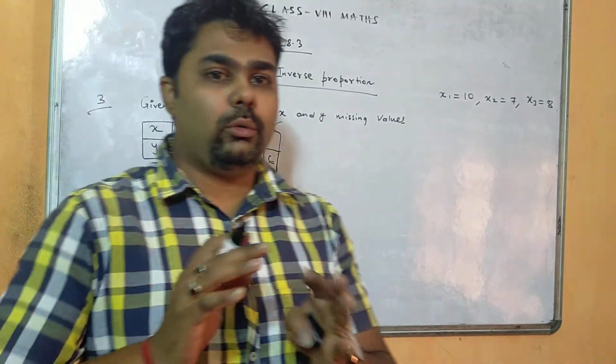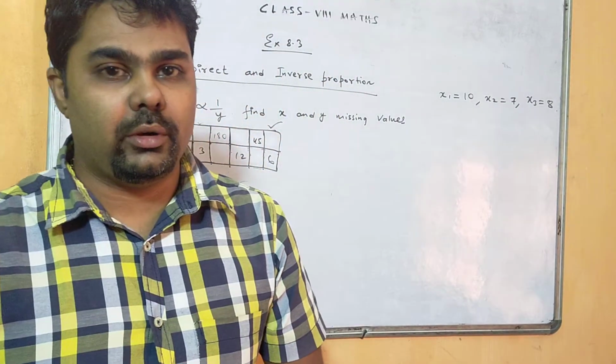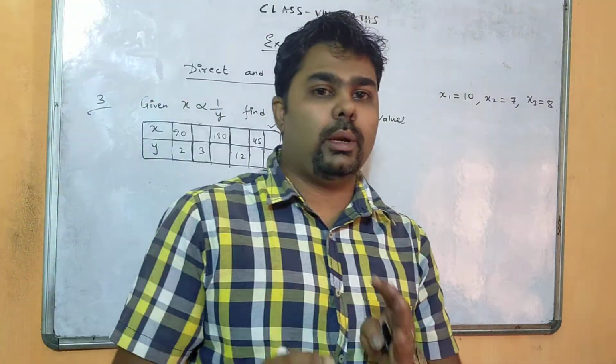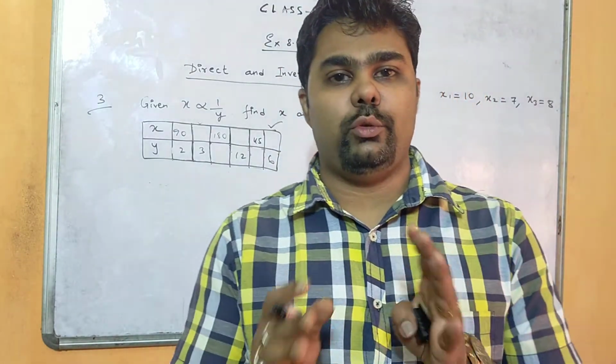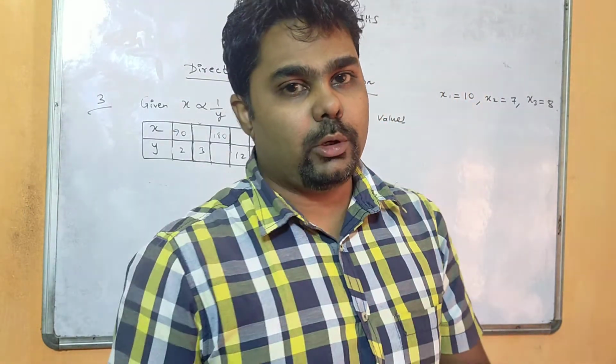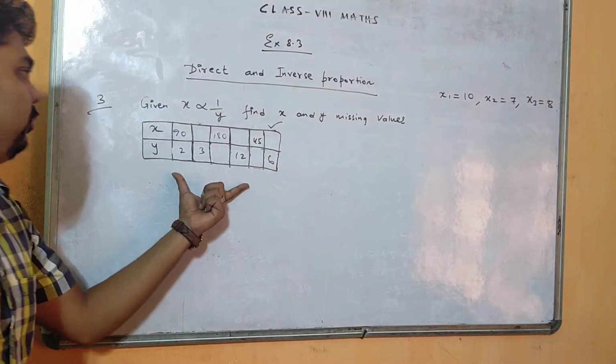So this is next question number 3, right? See, I have not taught you question number 1. Question number 1 you can omit, right? In that question number 1 we have to just see whether the variables are directly proportional or inversely proportional. We have to check. So I have started from question number 2. So let's see how this question number 3 is to be solved.